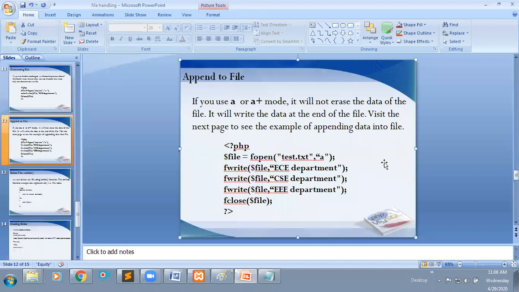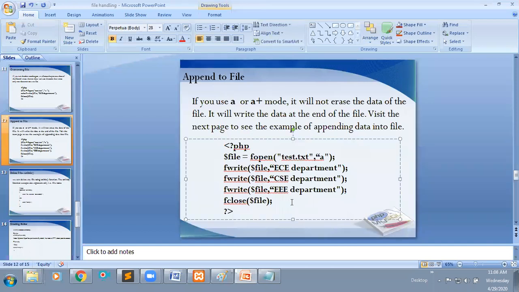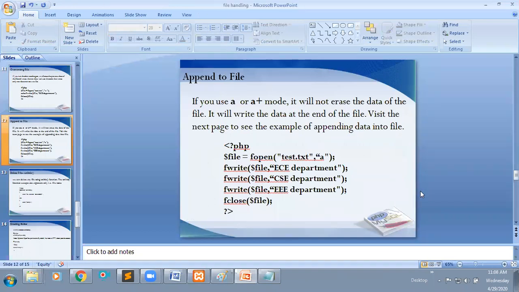You can observe here, for this file pointer I'm entering this data. These three lines of data I have entered. If I execute this file one more time, it will copy the same data again. I will show that in the output also. Okay, this is about appending to a file.